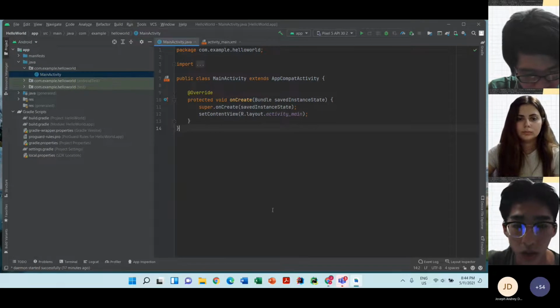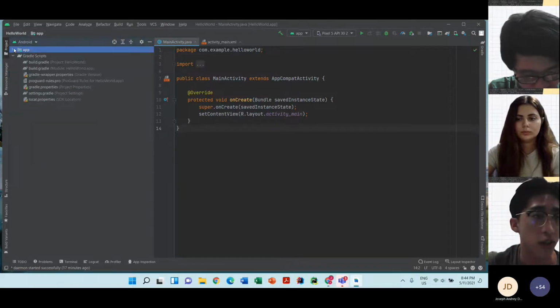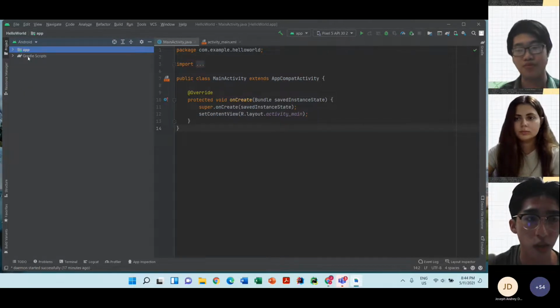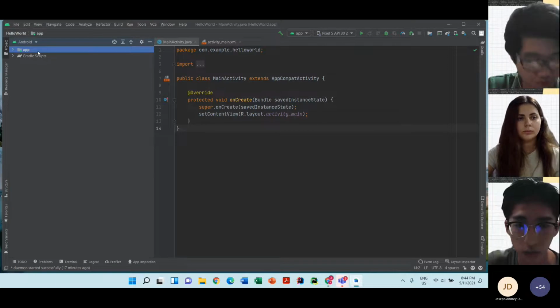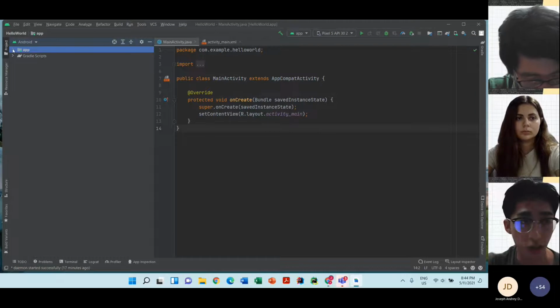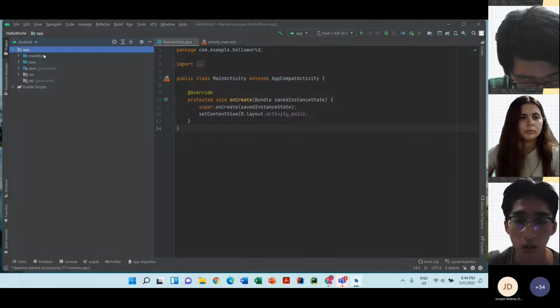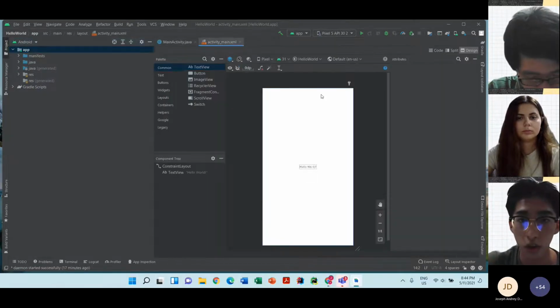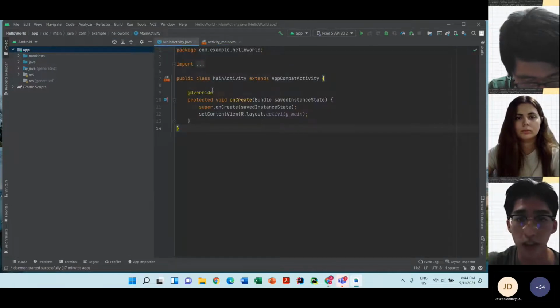Okay, so before I talk about this grader script, because got two file here. One is app file, one is grader script. So before I talk about the grader script, I need to talk about the structure of every Android application. Okay, so in most of the Android applications, there are at least two kinds of files. The layout file, which is the XML file, defines the look of the application, and the Java file, which defines the functionalities.